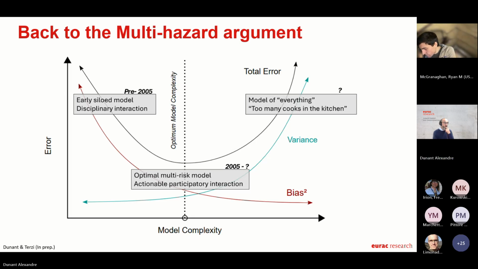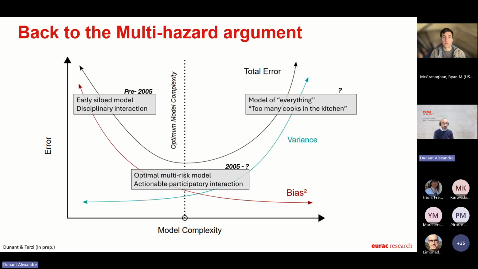So now I'm back to the multi-hazard argument and actually trying to probably shoot myself in the foot there, but I think there is a lot of push now for multi-hazard. It's a bit everywhere, and people are getting more and more complex models, which are also facilitated by better access to computation. I think we have to be careful, though, that following my initial argument about the bias-variance trade-off, I don't know where we are compared to the optimality of prediction in the modeling, but I think it can apply also to